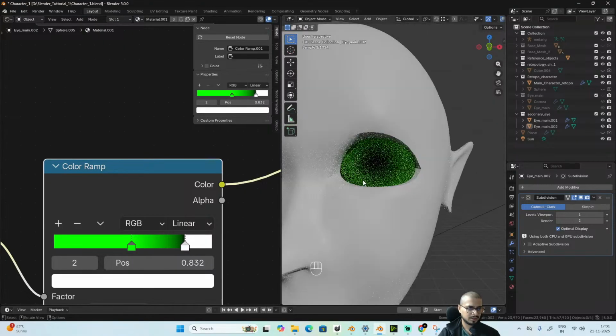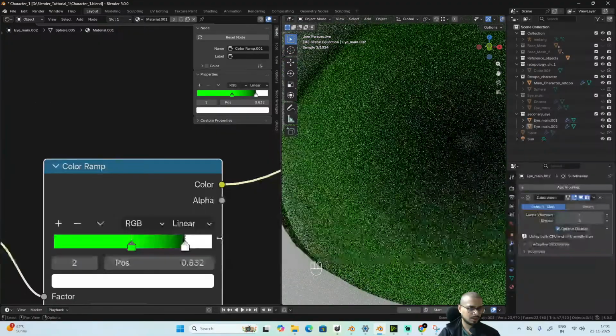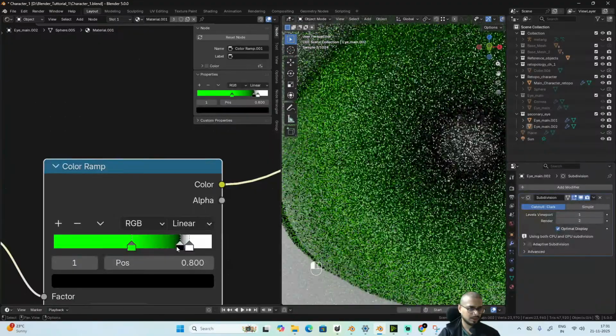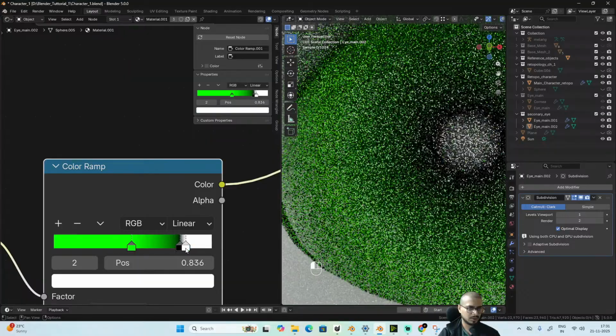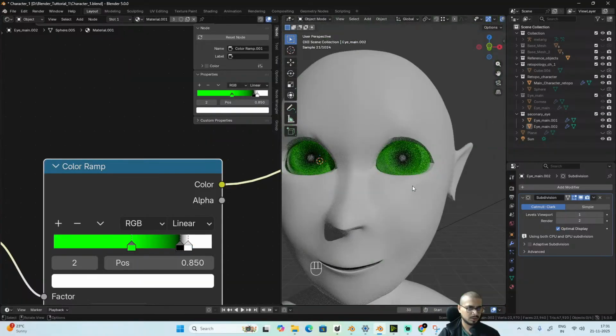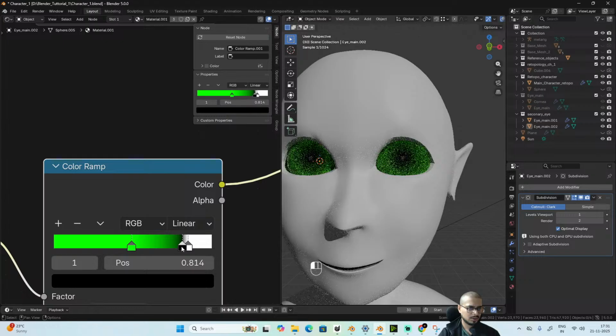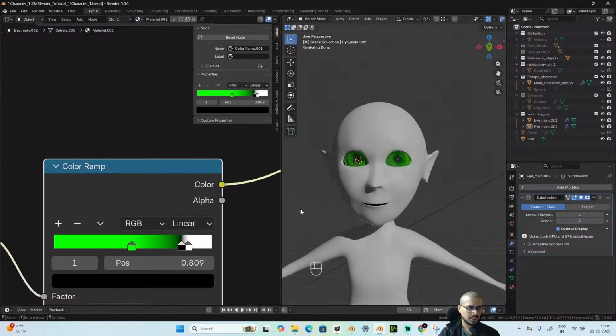Yes, or increase it a little bit more, somewhat like this,